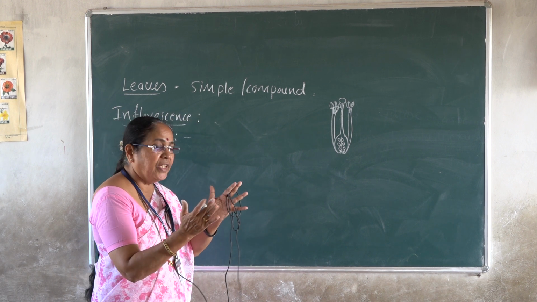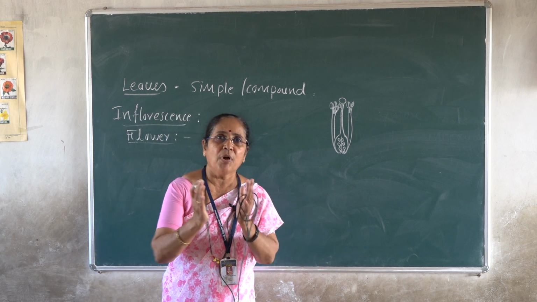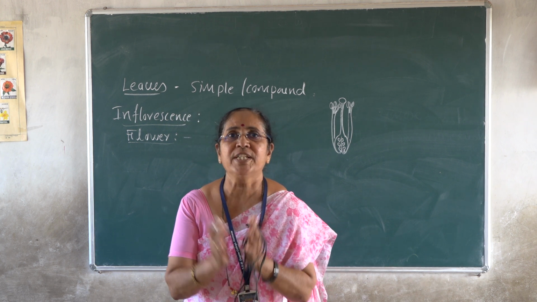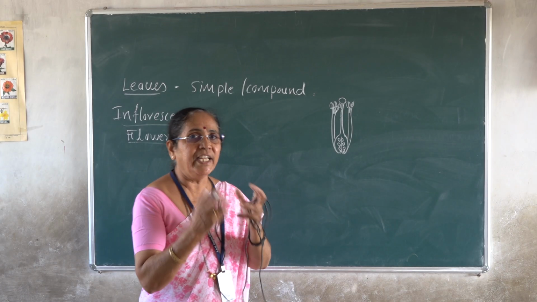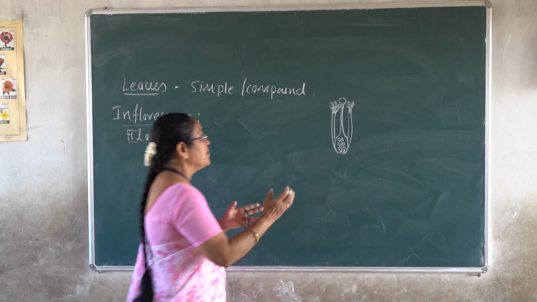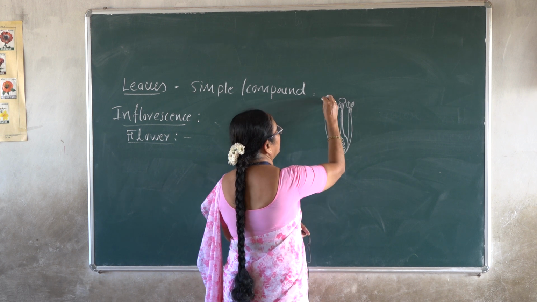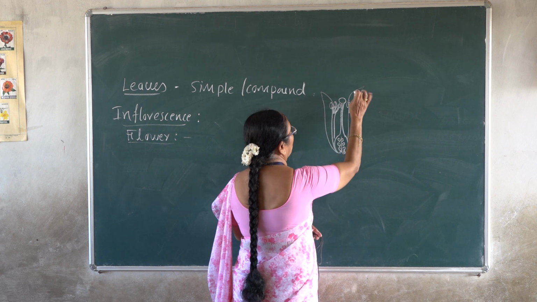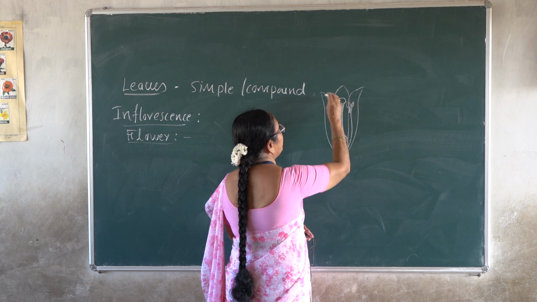You should not start with the calyx of the flower, because if you start with the calyx, outermost whorl of the flower, you have to draw the other whorls inside the calyx. Next to that, there will be corolla. Next to corolla, there will be androecium, and innermost part is ovary or the gynoecium. You cannot accommodate all these parts of the flower very nicely in your diagram if you start it from the calyx. So it is better to start with the ovary first, then you draw the stamens, then comes the next part of the flower, the corolla. It's the corolla here, the petal.